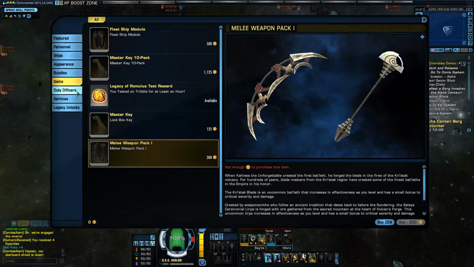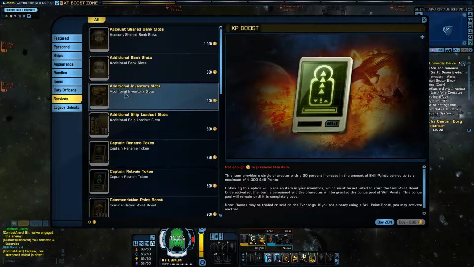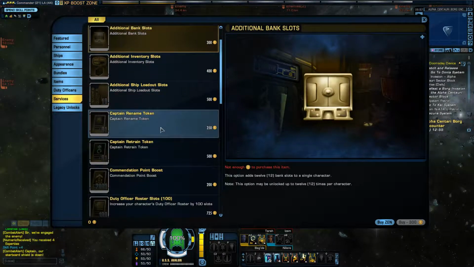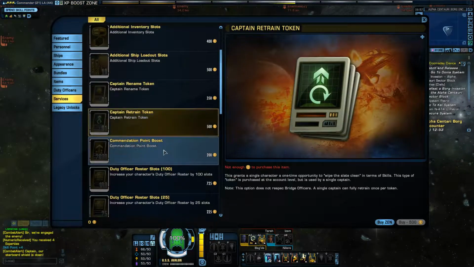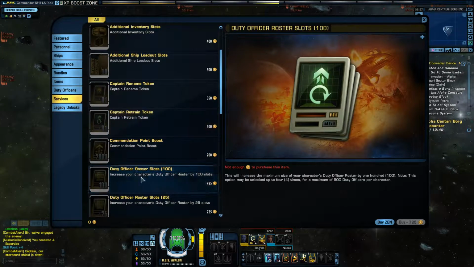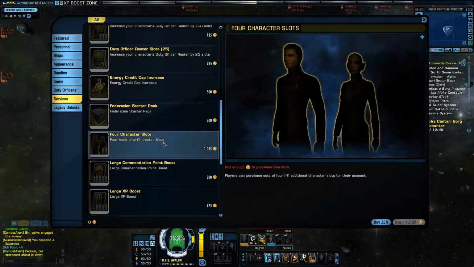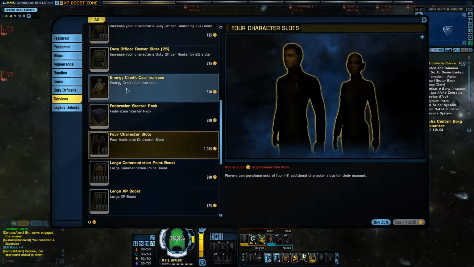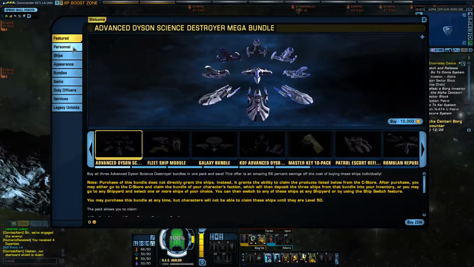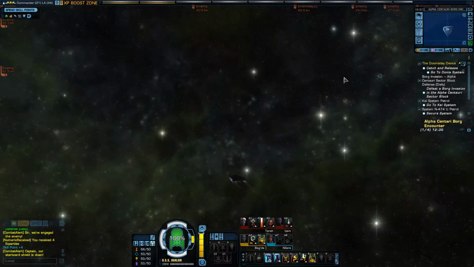You get bundles, you get items, you get duty officer packs. Shared bank slots, those are services slots, rename tokens, retrain tokens if you've made a mistake in your skills, for example. A couple of other stuff as well, starter packs, the 4 character packs. You don't have 4 characters at first. You got a lot of stuff. It's really not that bad, and the only bad thing is that sometimes